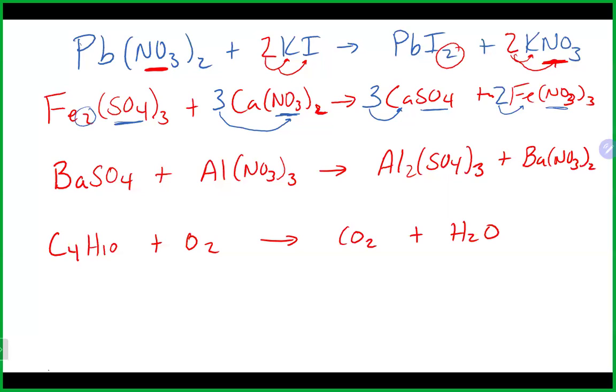Any questions on that there? Let's take a look at the next one. Same deal. We got a sulfate here and a sulfate here, and a nitrate and a nitrate again. Once again, in this case, I'm going to start with the sulfate. I'm going to go with 3 for the sulfate, and that will then give me 3 barium,